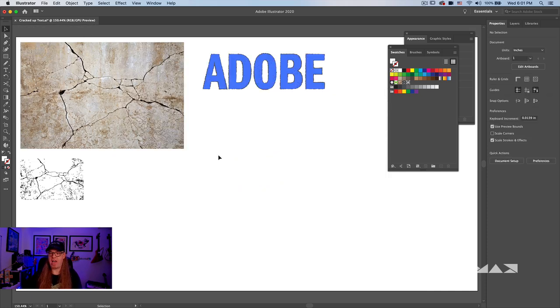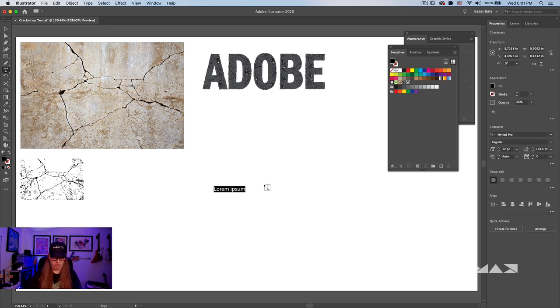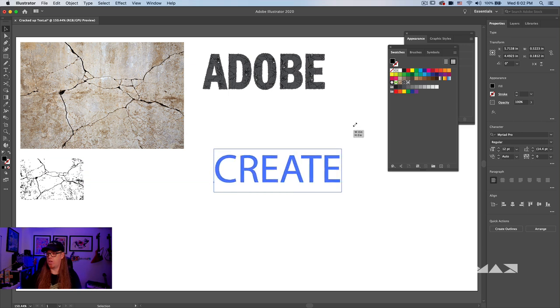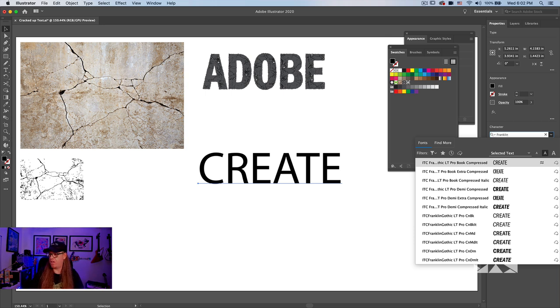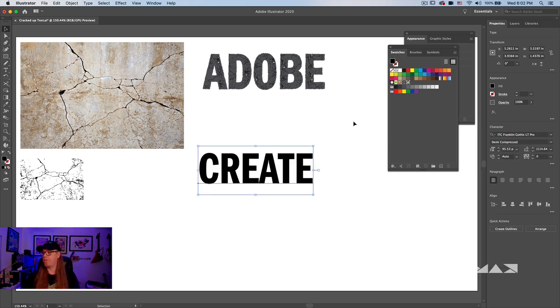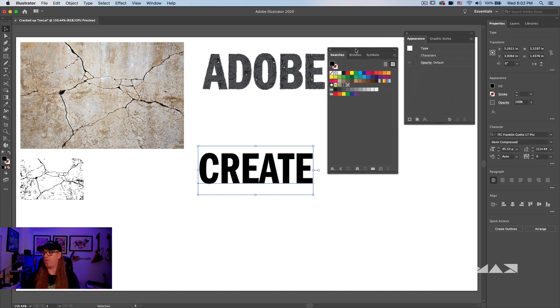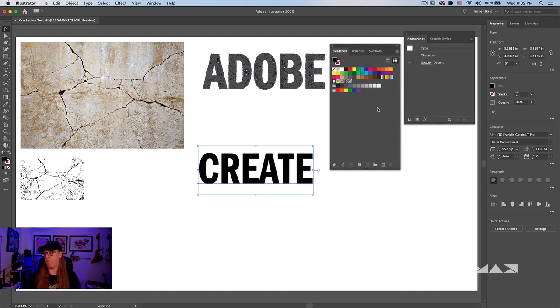And now we actually have a swatch in our swatch panel that, if we created a piece of type, let's do this again, we'll use the word create. I'm going to go choose my favorite, Franklin Gothic. Get the nice bold one here. And then for my fill property, we're going to use that appearance panel again, right? So here my font might have something like a really nice light gray.